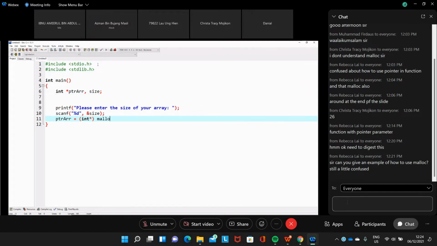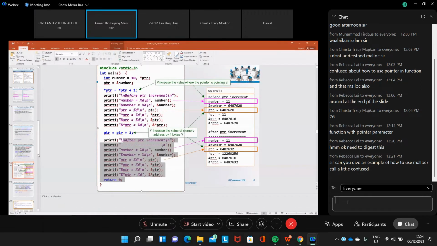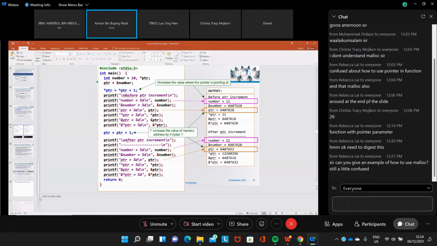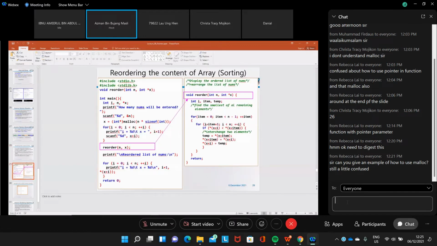And then malloc is just the name of the function. How was the syntax again? I forgot, because it's too long. Unlike C++, which is very easy: you just use new int, that's all.